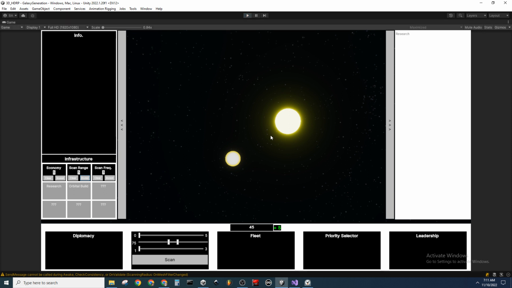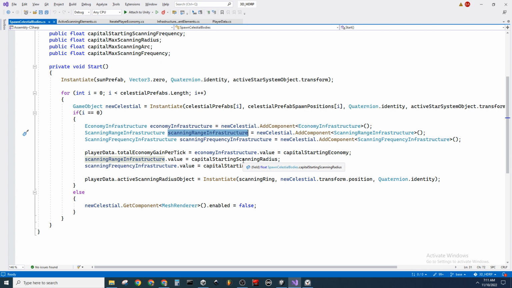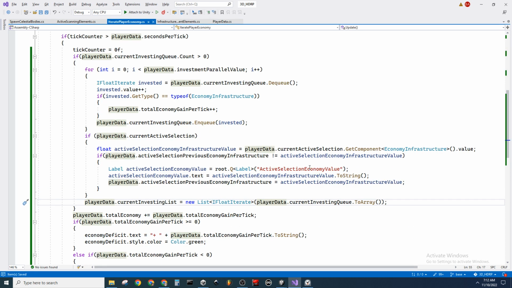Alright, so it's not doing anything, so I'd have to consider that. And part of that is going to be inside of the spawn celestial, because I have to add the scanning range infrastructure. It actually is on there already. So we're looking at... never actually used this. If we're iterating the economy, then we want to... are we gonna have to check for scanning radius also, and to see if